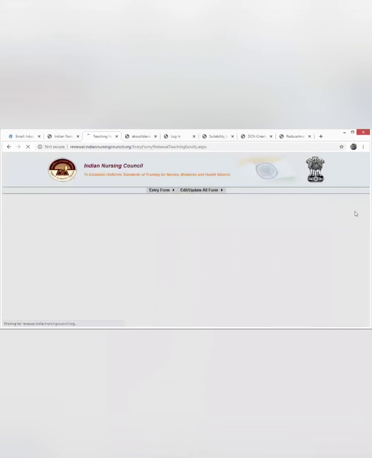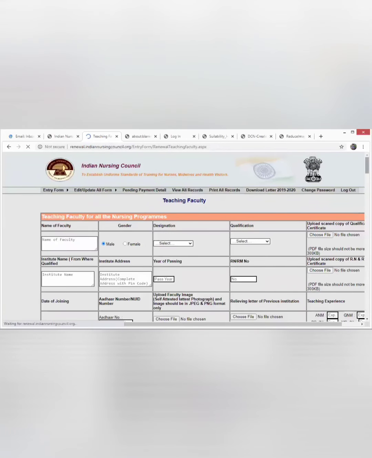So when you go to that ad, you have the uploaded scanned copy of qualification. Here people are not looking into the sizes. Remember that is very clearly written. PDF file, the size is 300 KB and the photograph size, that is image file size, should not be more than 200 KB. It can be less than 200 KB, but not more than 200 KB. When you do more of that, more size, then it will throw out, it will say file server error.